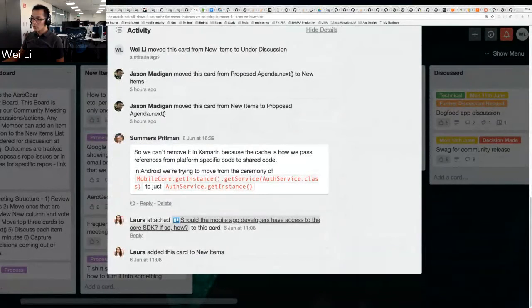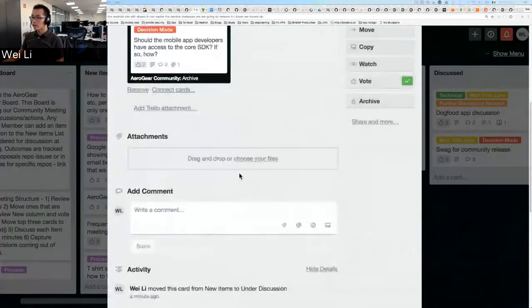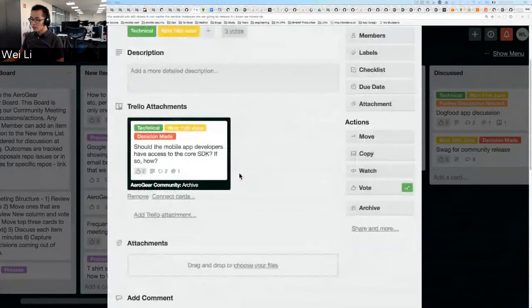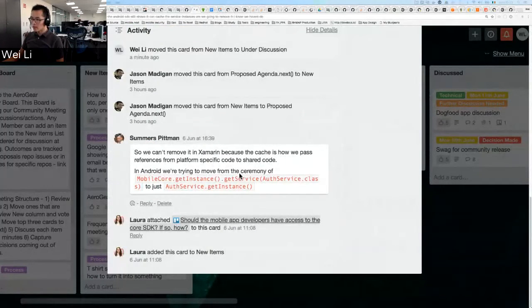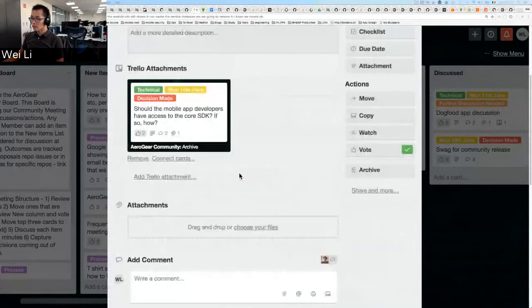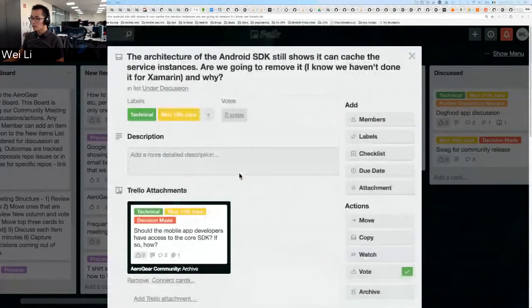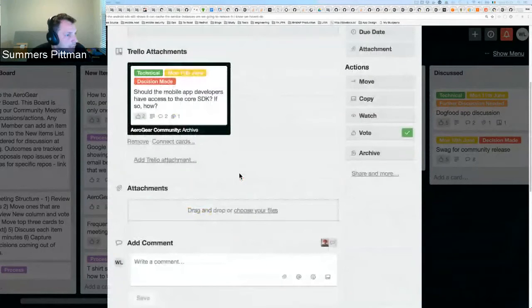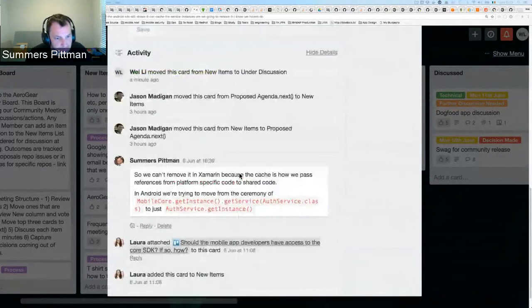So Summers, do you think there are any changes required to other SDKs? Specifically, I think really only Xamarin has a different limitation. Yeah, I'm fine with Xamarin being an exception.